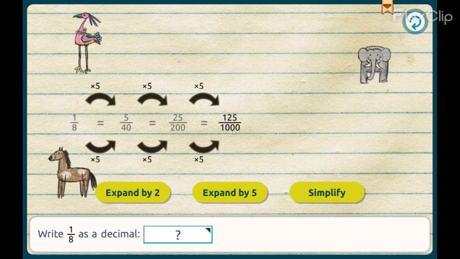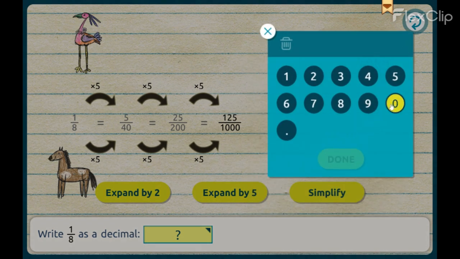125 out of 1000. And right now we know that we are not eating the whole pizza, thus we are putting 0 and the decimal point. And we're taking 125 parts, and we read the decimal a little bit different or same as the fraction. Let's see. 125 thousandths. Right. The decimal is pronounced as